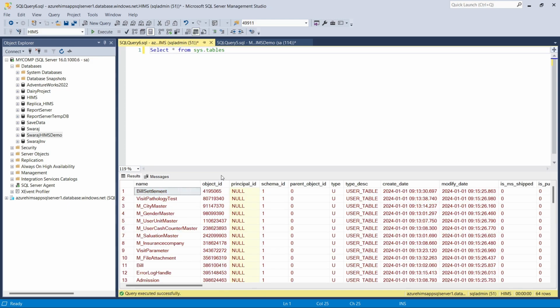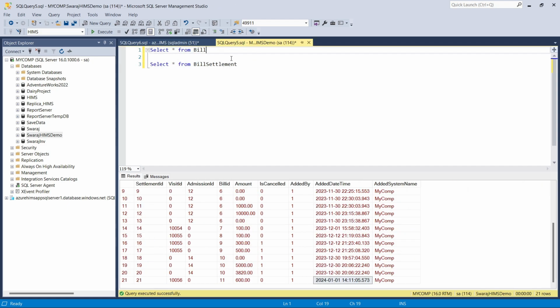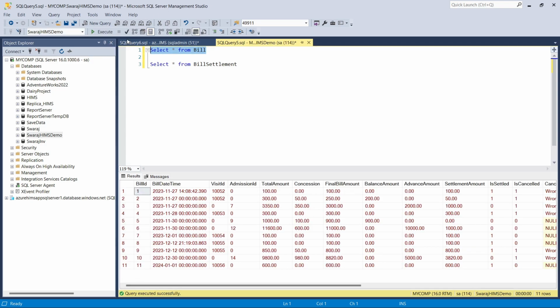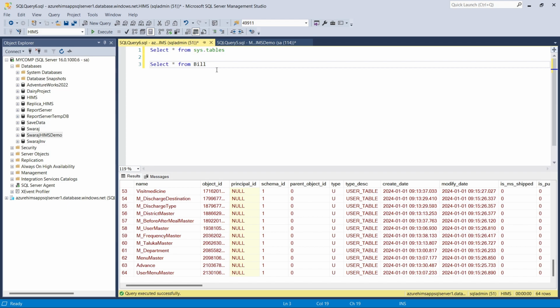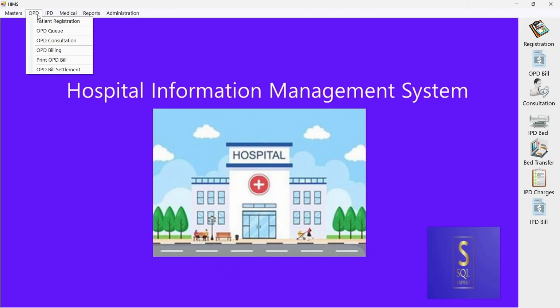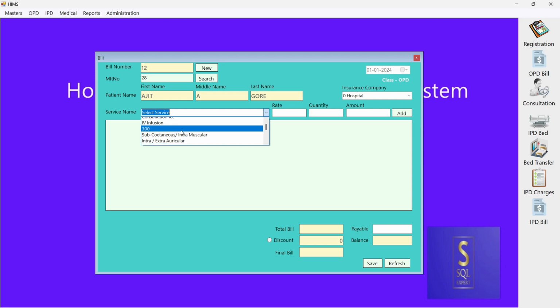Yes, there are multiple 64 tables, and if you see select from the bill, I think the query is already here. So this is the local 11, right? And this is the Azure. So select star from bill. So you will get 11 entries, the same entries, and I am connected to the Azure right now, right? So I am going to create another bill for the same patient, minor dressing, let's say 50 rupees, and